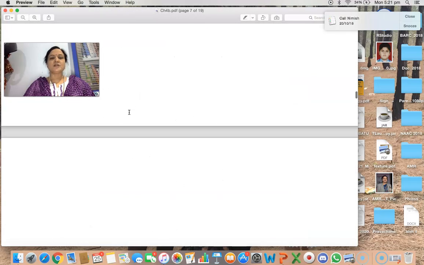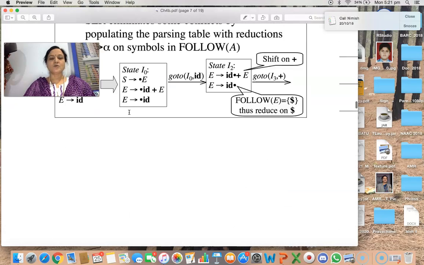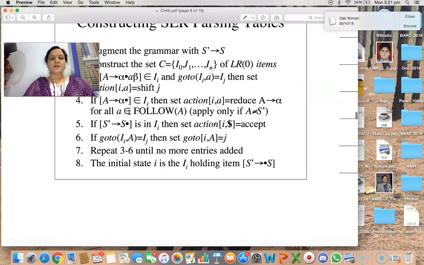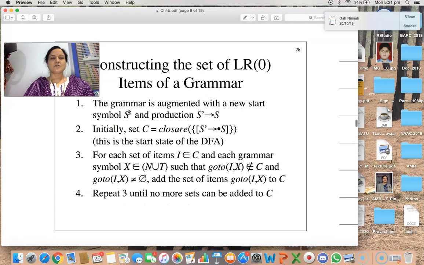If you see, the algorithms for computation of closure and goto are these. This is the algorithm for computation of closure. C is equal to closure of S dash tends to dot S. If this is the production whose closure we want to compute, then we add the productions of the non-terminal which is available after the dot.